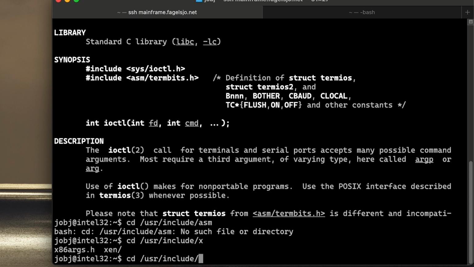I never seem to remember what directory the files are in. So let's see. The architecture is